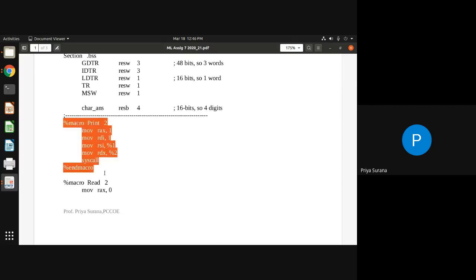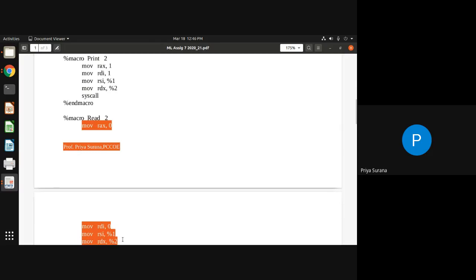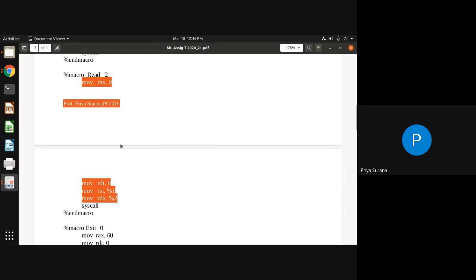Next part is related to macros. Macros were already discussed in the assembly language introduction video. So the macro is declared here, which is for printing purposes. Different messages we are supposed to print in this assignment. So the print macro is given. The read macro is also given. If you check, the values of these registers are changed in the print macro and in the read macro.